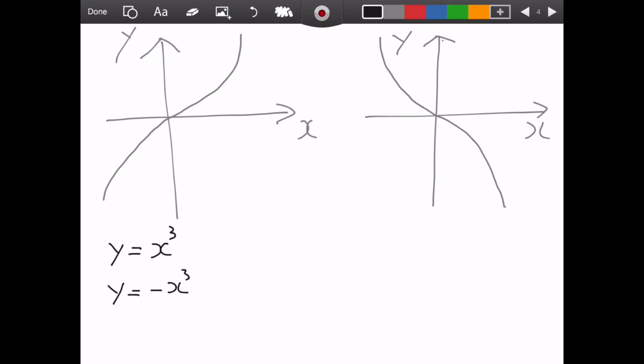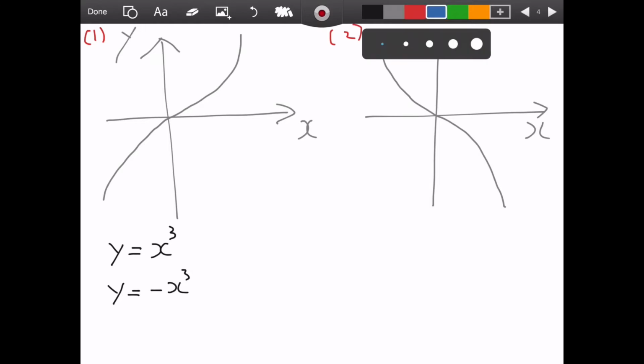You can see that the trend of the graph is different. One is upward, the other one is downward, right? So let me write down. Part 1 over here is an upward trend graph, whereas part 2 over here is a downward trend graph. So it's either a positive x cube or a negative x cube. To find out more, we can look at the quadrants. For example, over here, when x is positive,